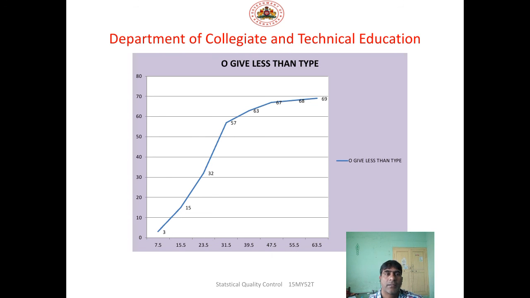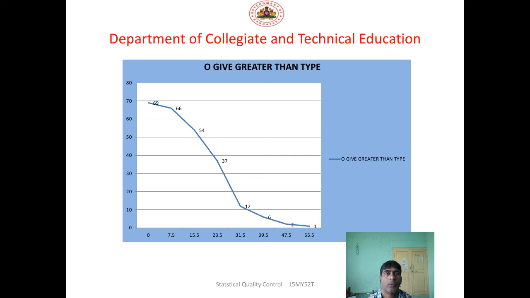So we'll see next, Ogive greater than type. Okay, ogive curve which is greater than type. So it is the reverse of the less than type curve. Here the same thing: on x-axis we are taking the class interval, and on y-axis we are taking the frequencies, but the shape of the curve is exactly opposite to the less than type. There we got an increasing curve. Here we get a curve which is in decreasing or descending form.